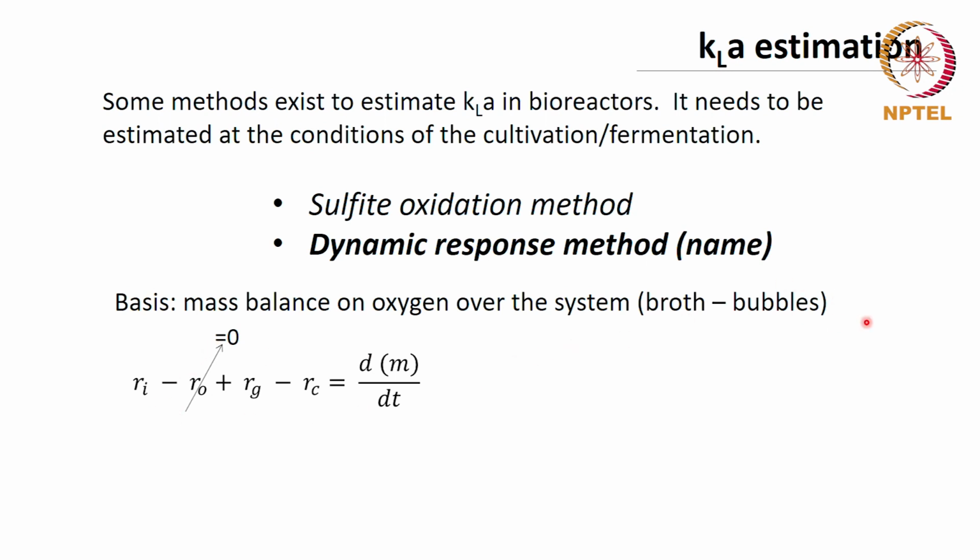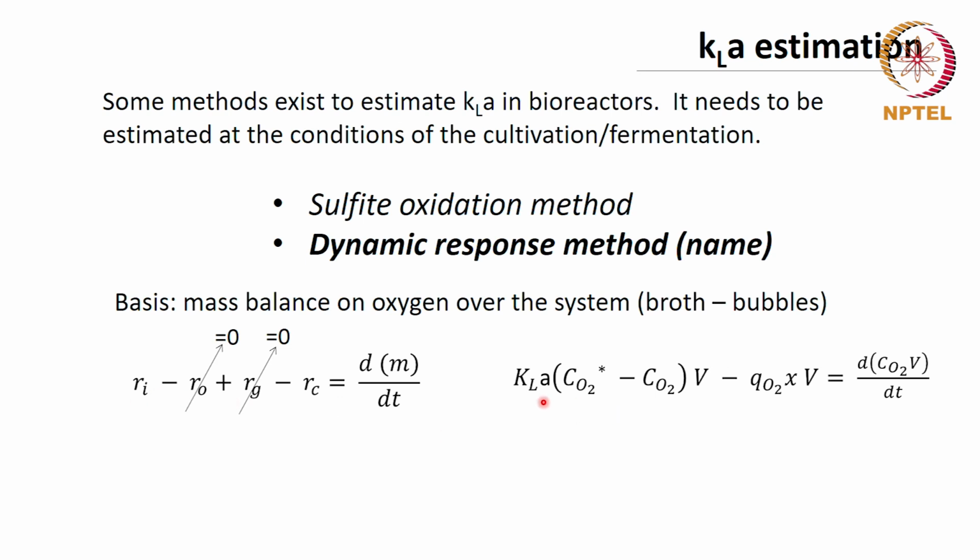If we had included the bubbles, there was a lot of oxygen that was going with the bubbles. Okay, we needed to account for that, and that would have become a lot more difficult to do, a lot more measurements to make. So we excluded the bubbles, and we could put RO equals 0. The generation rate, of course, there is no reaction that is generating oxygen in the system, and of course, input rate is there, consumption rate is there, and accumulation rate could be there.